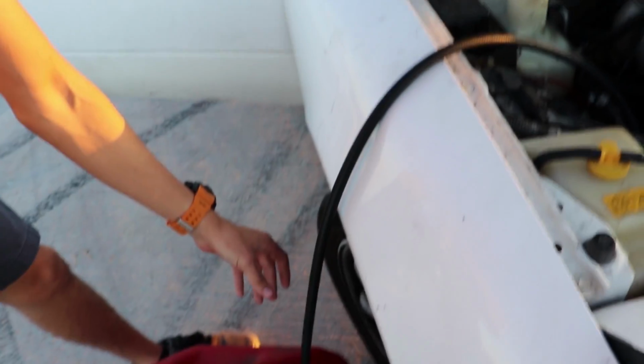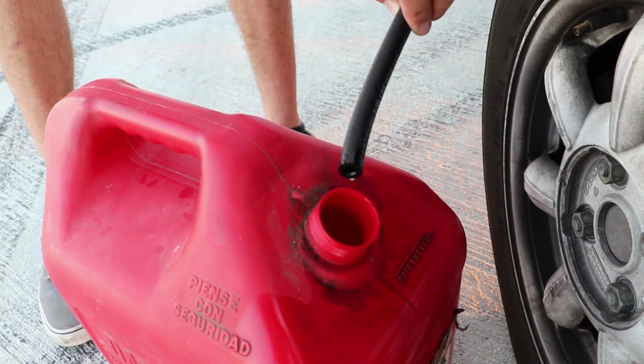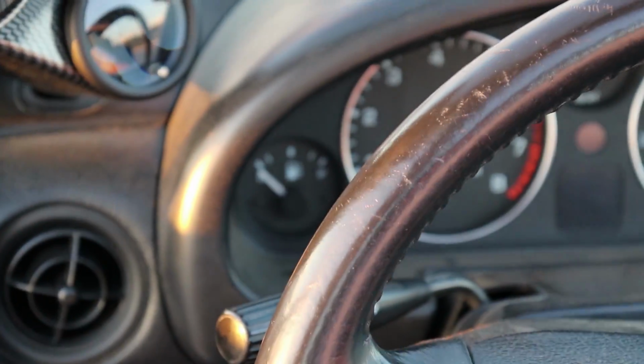Zach, turn the key off. Zach, turn the key off quickly. And that is all the gas in the tank. Just for proof, let's show you guys the gas gauge. And as we can see, Zach, where'd you put the key at? Turn the key on here. Make sure you get the dashboard lights so everyone knows it's...